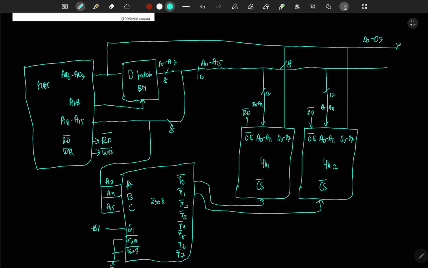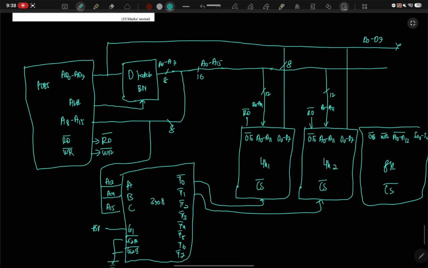Now the last part, the 8K RAM. We have the chip select 2, we have the output enable, we have the write, we have the A0 till A12. Then we have the IO0 till IO7. Now for this box, we know that IO is our output, so IO need to be connected here too. So stroke 8,